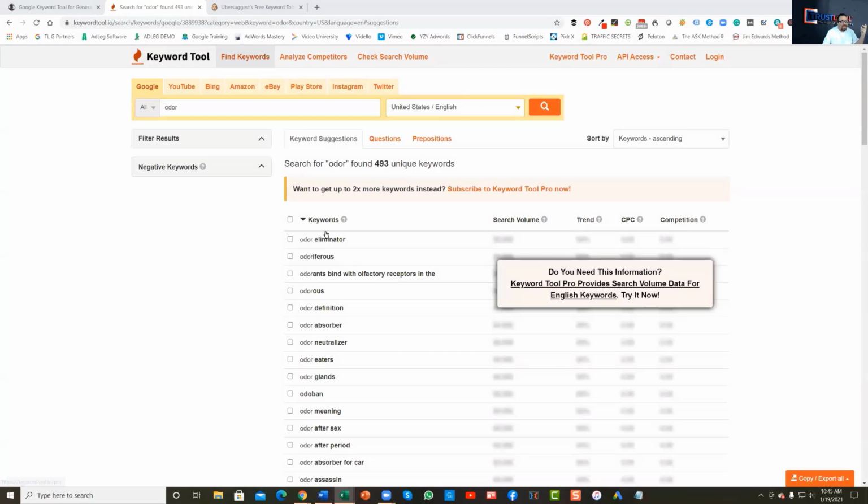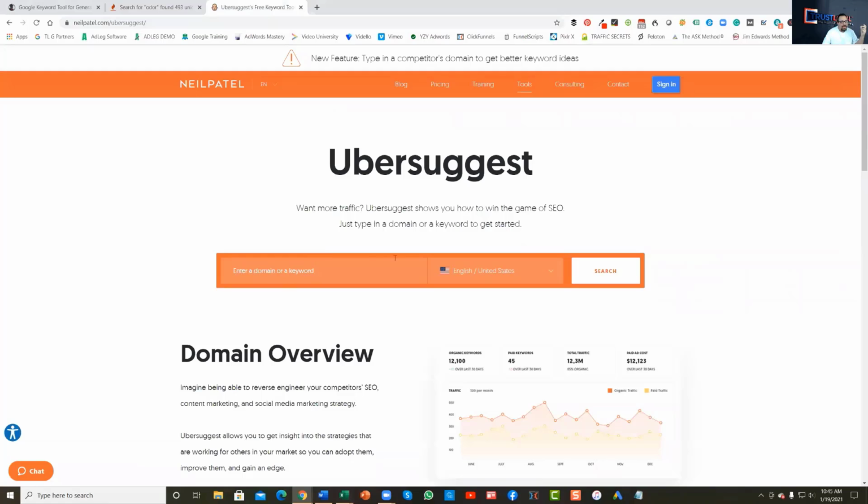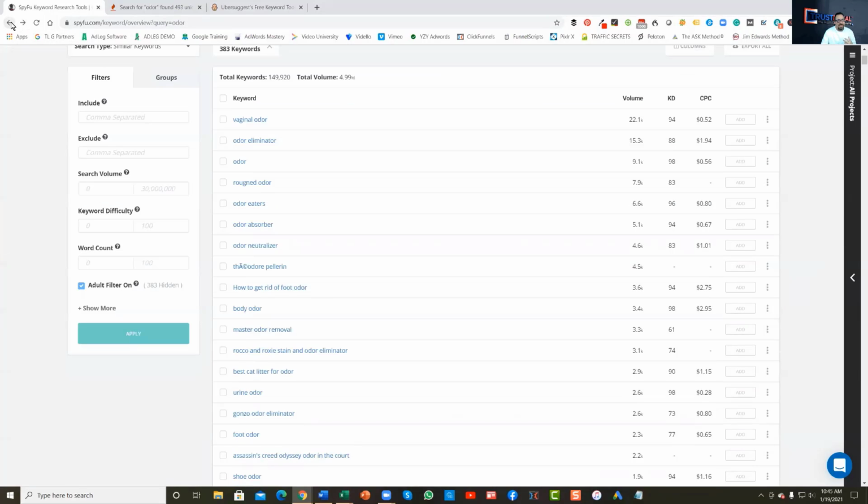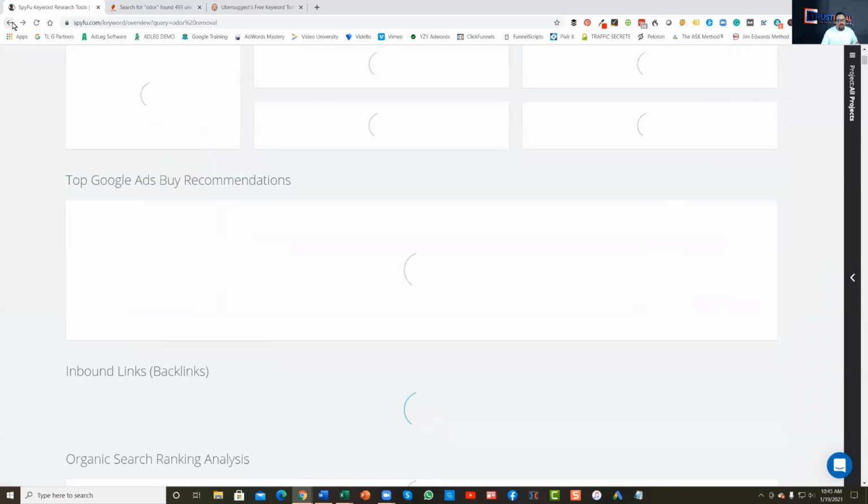It just takes time. And I do the same thing with Ubersuggest. I put the keyword in there and I go with Ubersuggest. I really like these 3. I like Ubersuggest, I like keywordtool.io, and SpyFU I use for other things. As you saw, I can write blogs with it because it just gives me all that extra information that I had on the side, right? Like when I was over here,